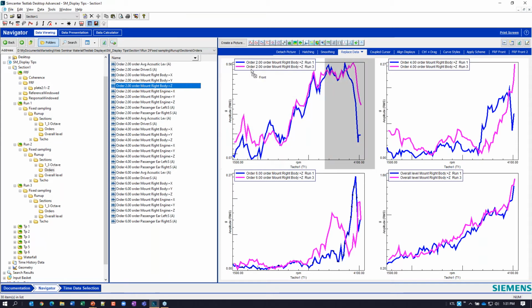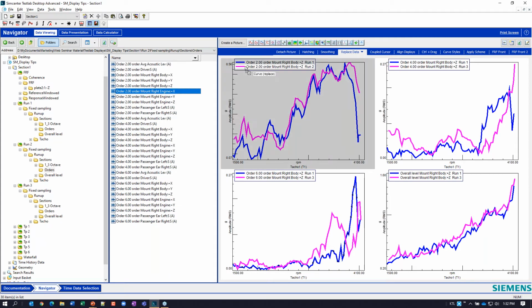And you notice if I plot it in here, it's going to add a third trace to this plot. But if I want to replace one of the two, blue or the magenta that I've got here, all I have to do is come up to the legend, and you notice now it's highlighting just one of those two. Now I'm going to replace that guy, and so now you see it's run 2 in the magenta.